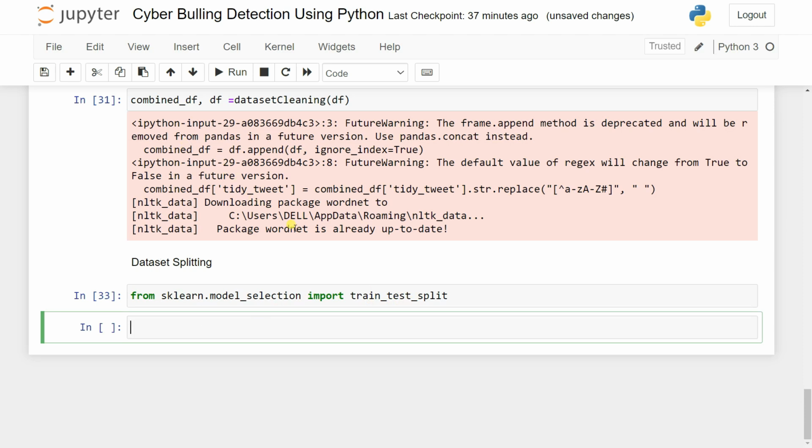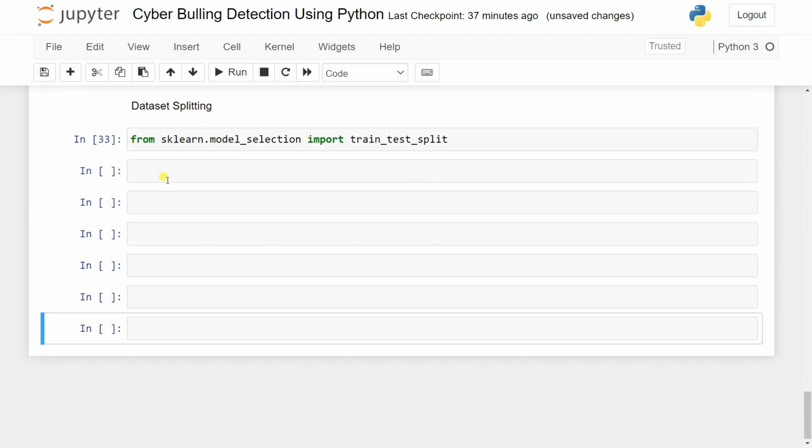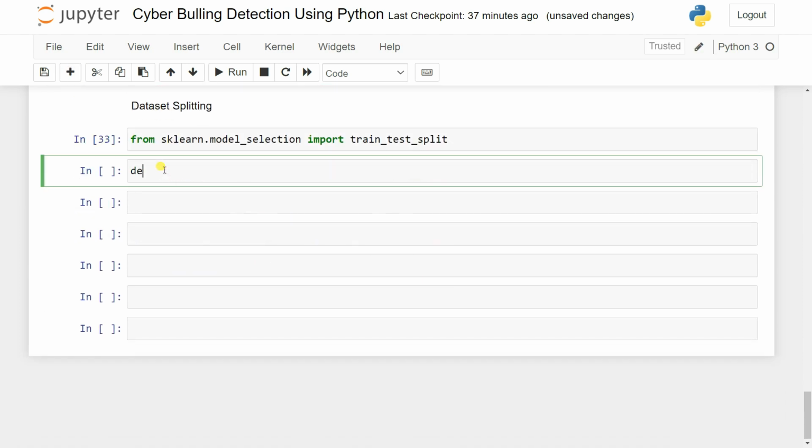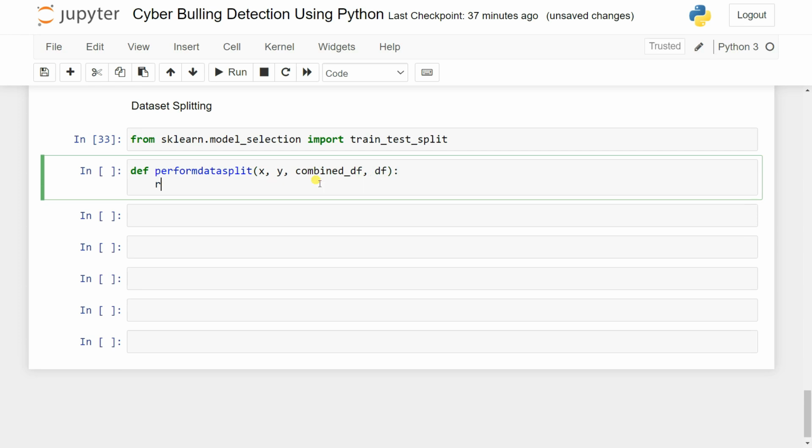So let's take another cell as well. Okay, and let's try to define here, let's say def perform data split. Okay, so what I can do is pass the x and y and the combined df and another df. Okay, so first things first, we're going to use this train test split,